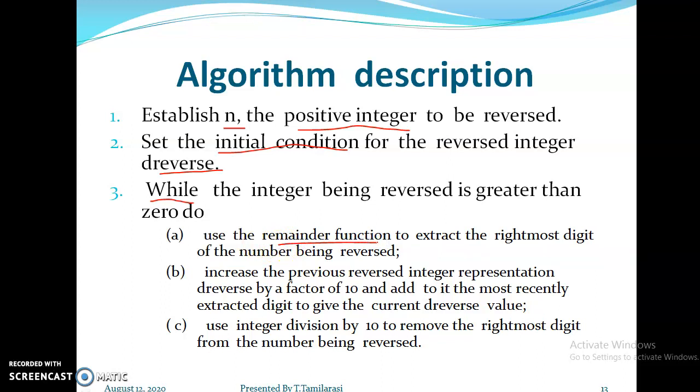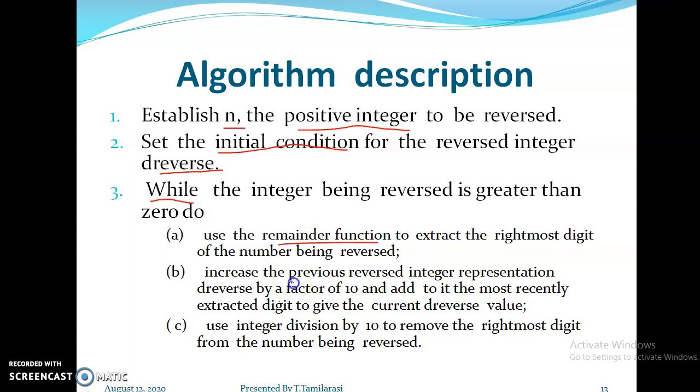To extract the rightmost digit. Then, after getting the rightmost digit, we use the formula to find the reversed value.